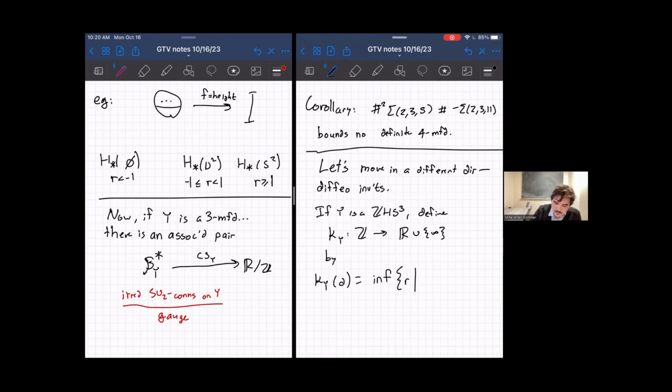Over all R, such that the map from F sub R, instanton homology, to instanton homology itself, we take the smallest R so that this map is non-zero. For R going off to minus infinity, this group is eventually 0 in a fixed degree. I'm sorry, this is not clearly phrased. I mean to say,